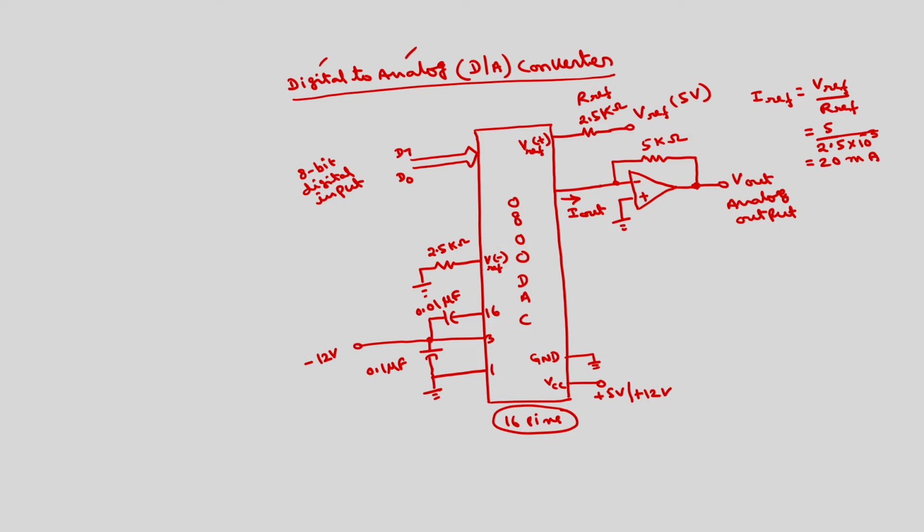So this is the pin diagram of the D2A converter. There are two types of D2A converters. One is called the successive approximation type D2A converter, another is the R2R ladder type. So here the expression for this I out is, so this digital input, if I call this one Bn minus 1, is the MSB bit, Bn minus 2, and so on up to B1, B0, this is the LSB.